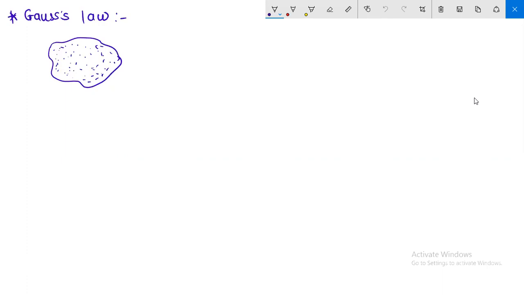Suppose I am here considering the point charges, placed here. Similarly, you can consider the line charges or sheet charges also. And if I consider that only a single charge is placed in this